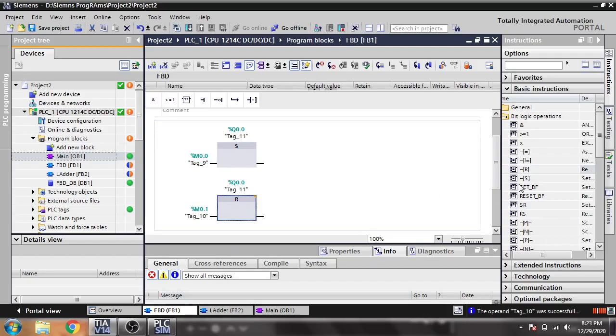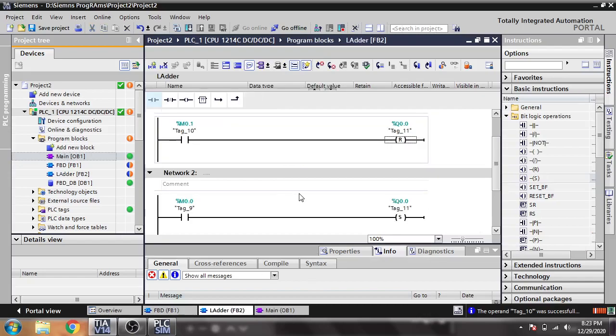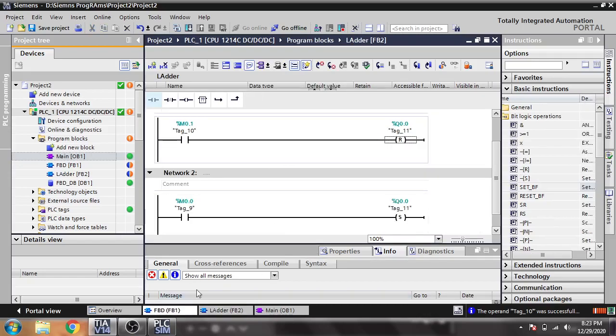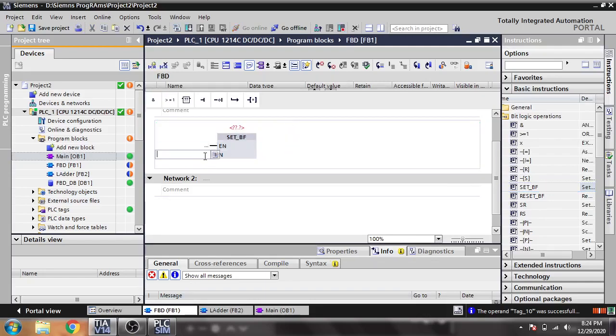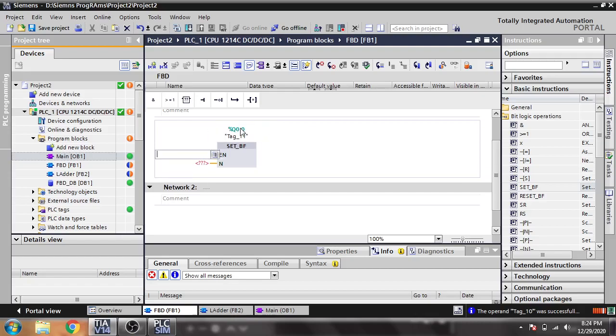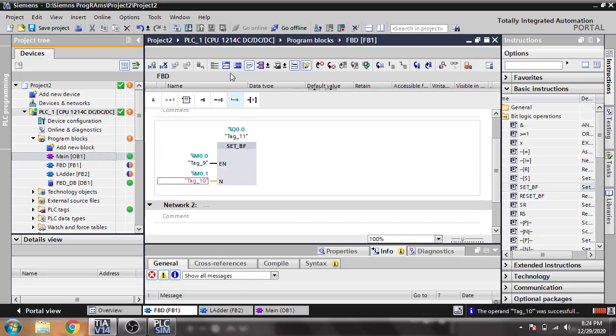Now I'm just making the same diagram. You will see that it will execute like that. I'm putting Q0.0 there, and my enable is M0.0 and M0.1, like that.